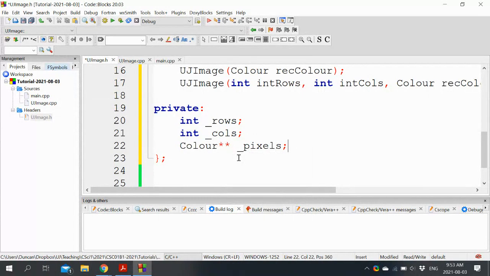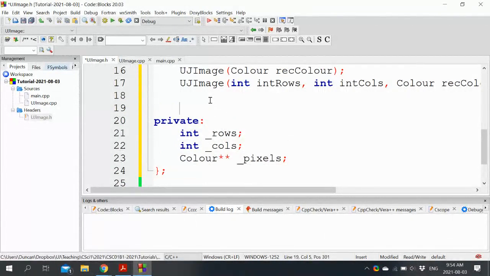There will be now, for our composition and delegation-based UJ image, another class that we keep private, another pointer to an object that we keep private, but we'll add that later after we've created that class. But that too will appear here as an attribute.